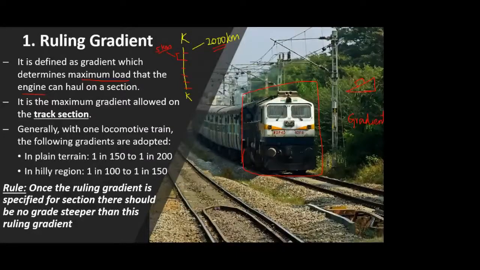So in case you have a gradient, the work done is obviously more. We all know that if you have an up gradient, the work done is more. So if we apply that to the railway, the work to be done by a railway engine on an up gradient is more. But if the gradient is very steep, the work done will be much greater, and in that case the load carrying capacity of your engine will decrease.